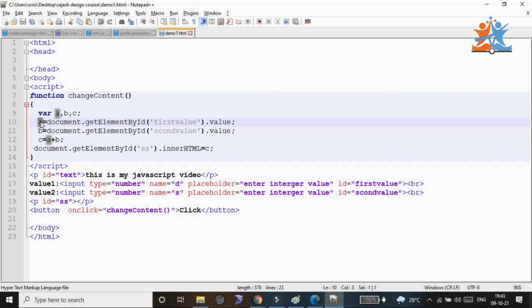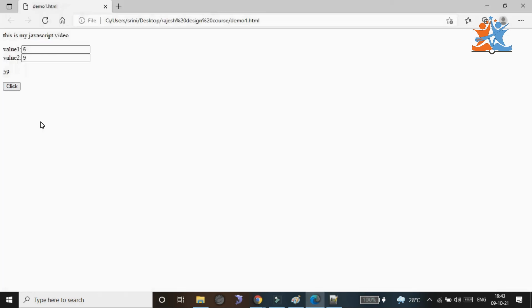Here we are getting 5 concatenated with 9, which is 59. We want to change this to addition of 5 plus 9, nothing but 14. So in this case we need to discuss how to do the conversion from string to integer in the